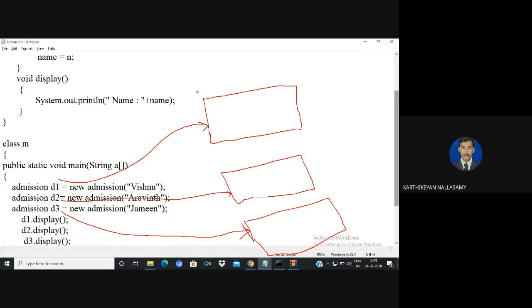Okay, so this is D1, this is D2, and this is D3, and one memory location will be allocated.